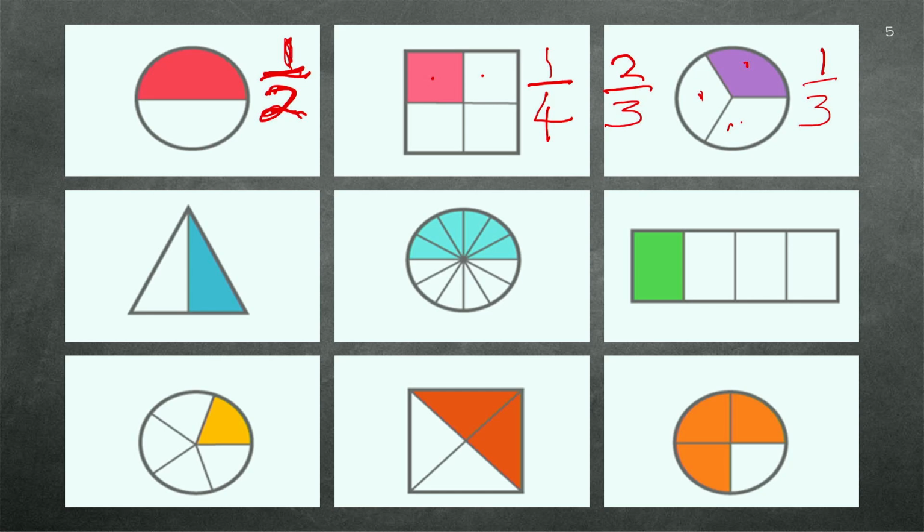Let's do this one. Triangle, doesn't matter the shape. Again, perhaps the portion that's not colored in, again, is 1 out of 2. Doesn't matter the shape that this thing takes. Here we've got our little pizza that I tried to draw on the previous slide. So this is cut in how many sections? Let's count. 1, 2, 3, 4, 5, 6. We know it's the same on this side, so it is 12. So our denominator is 12. And what portion is left? It's 1, 2, 3, 4, 5, 6. So 6 out of 12